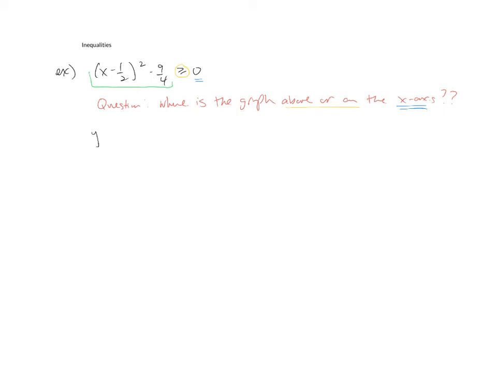So if we look at the graph of y equals (x minus 1/2) squared minus 9/4, the parent function there would be your y equals x squared, and it looks like it has a horizontal shift. We're going to go 1/2 unit to the right, and we're also going to go 9/4 units down. Okay, so when I graph this now, originally I was at 0, 0. I go 1/2 unit to the right, and I go 9/4